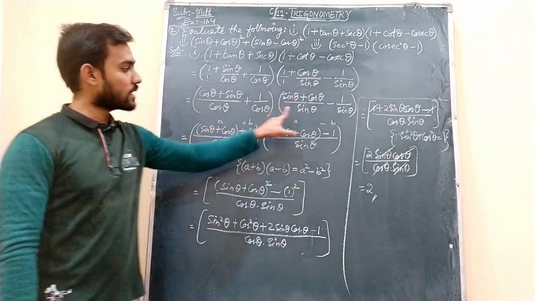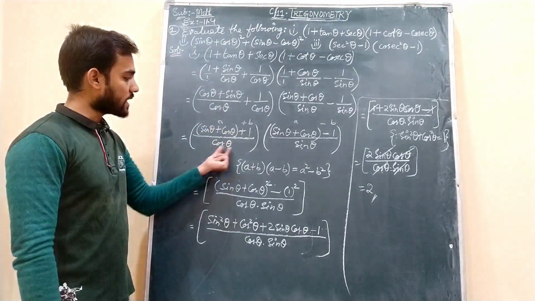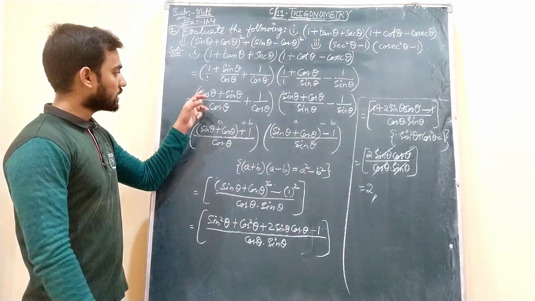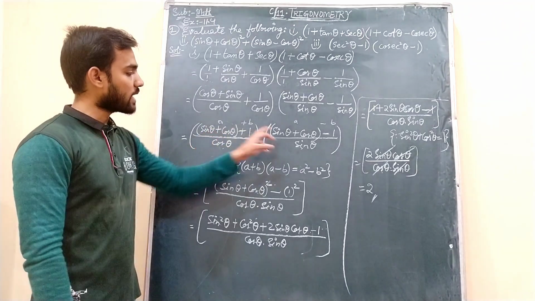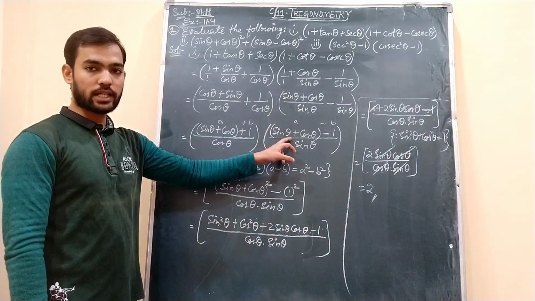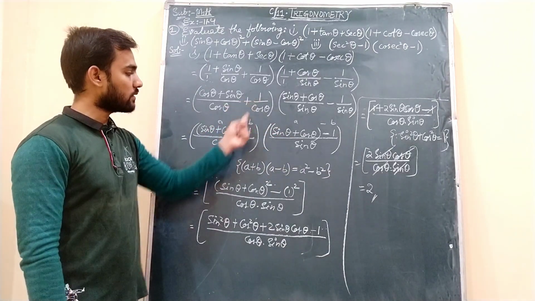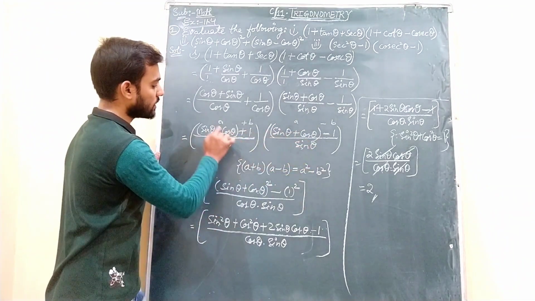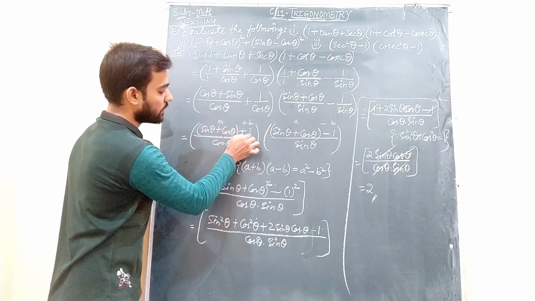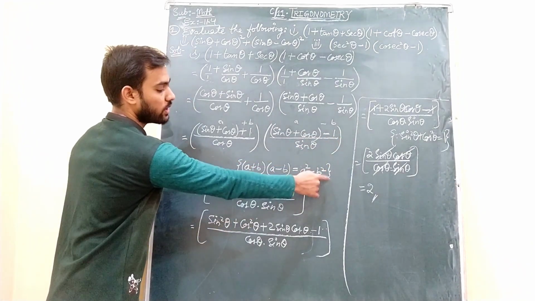Now the denominators are same in this part as well as in this part. So we have written the denominator as it is in both the parts, and then this I have written as sin theta plus cos theta, so that this should match with this one. Here already sin theta plus cos theta was there. So I have written like this in the brackets, then plus 1, then minus 1. Now when I am treating these two things, it is becoming like a plus b into a minus b. So the formula is a square minus b square.